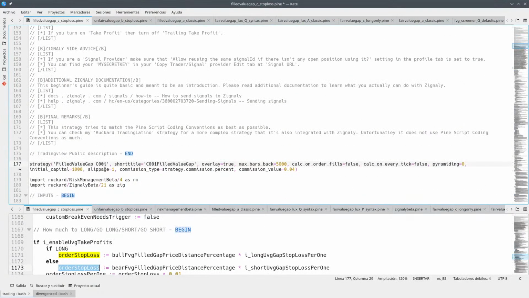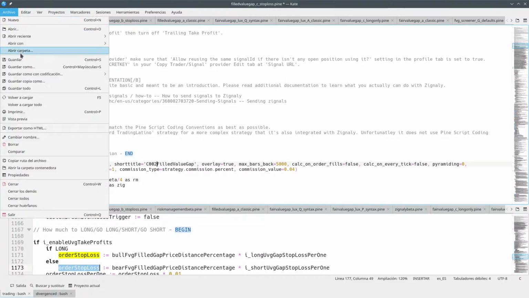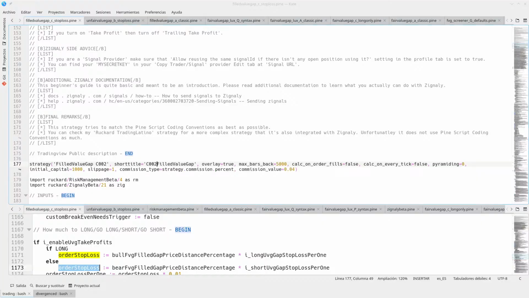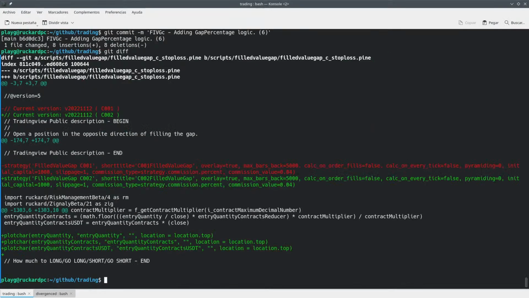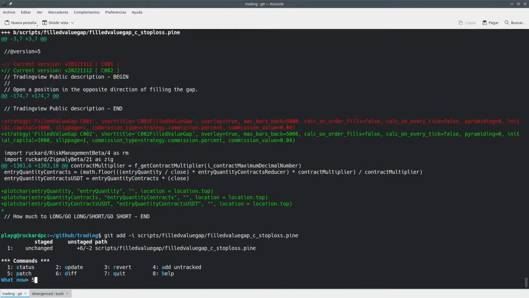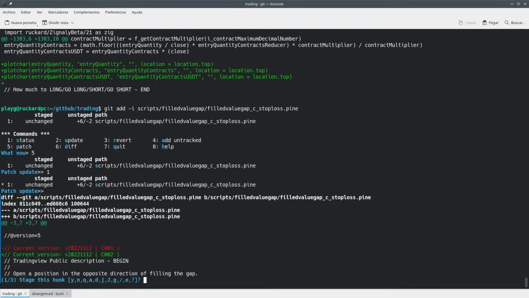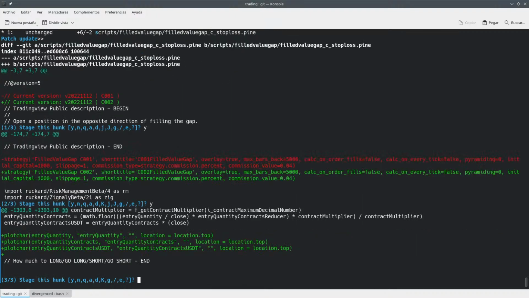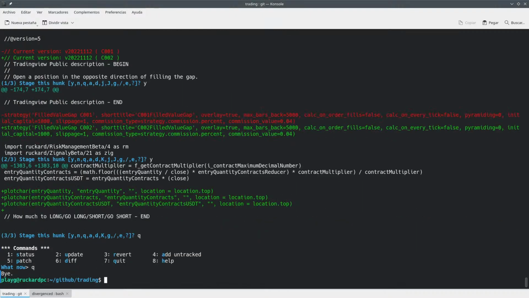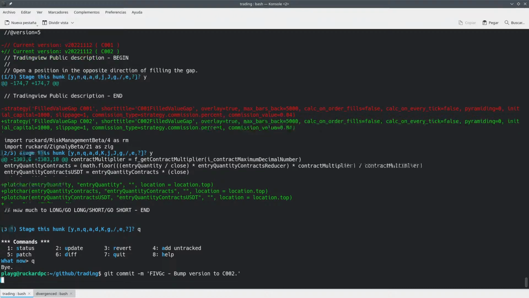Don't complain that it's not profitable. You are not going to always find a profitable strategy. It might be profitable in the stocks, and you don't know if you do not test it. Yes, yes, not this. And now I can say something like bump version. So this is letter C, bump version to C,